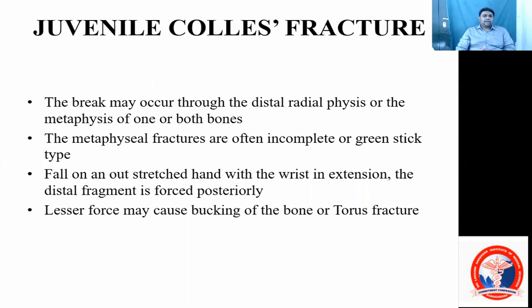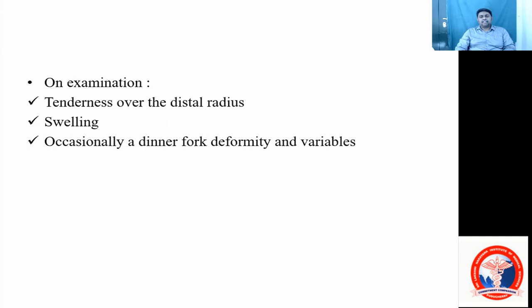Next type of fracture we are going to see is the juvenile Colles fracture. Juvenile Colles fracture occurs in children where the epiphysis has not closed. In this type of fracture, the fracture line passes through the epiphysis of the distal radius or sometimes through the metaphysis of the distal radius. This causes the juvenile Colles fracture. The same mechanism, fall on outstretched hand with wrist in extension, the distal fragment is forced posteriorly. Lesser force may cause buckling of the bone or torus fracture, sometimes a greenstick fracture where one cortex is fractured,